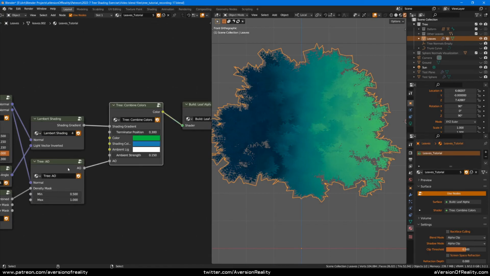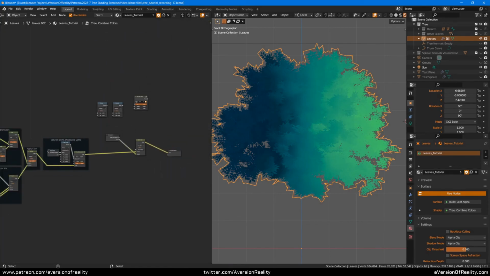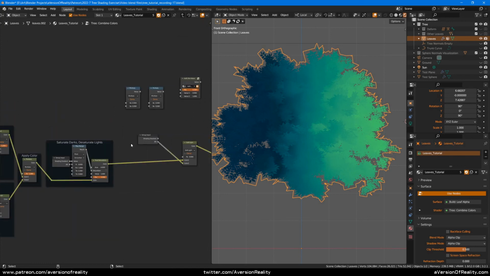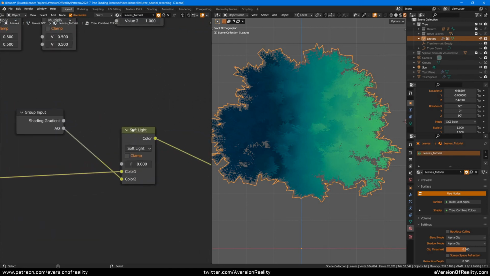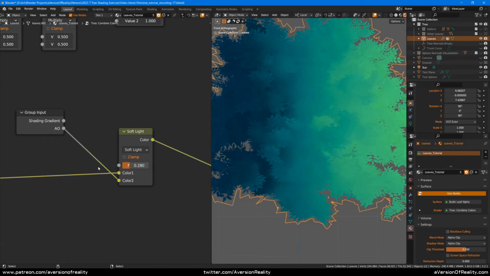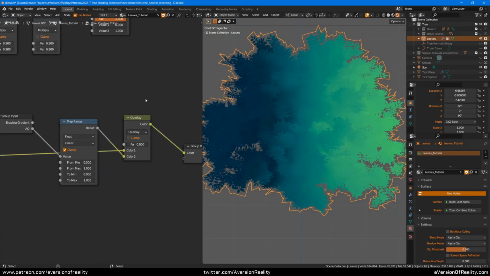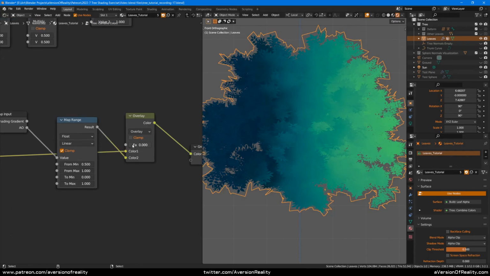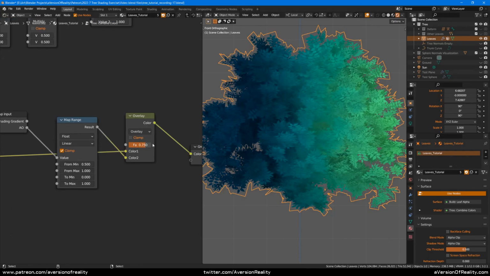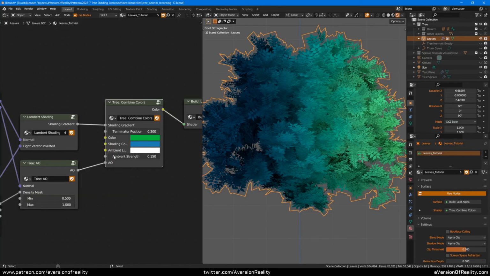Let's do even more with our AO and density. In our combined colors, I've added at the very end a soft light node, which does this. To understand what soft light does, let me show you overlay first. So as we turn it on, in areas where the AO mask is dark, everything gets darker, and where it's light, things get lighter. And the reason that I've mapped the range from 0.51 to 0.1 is because, remember, our